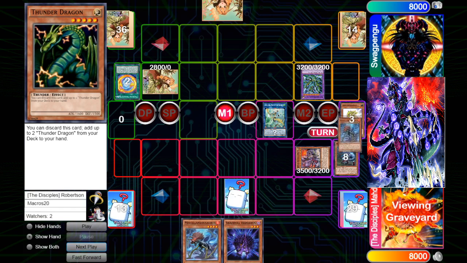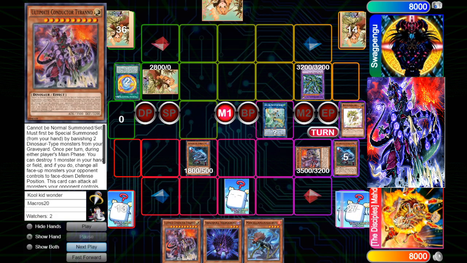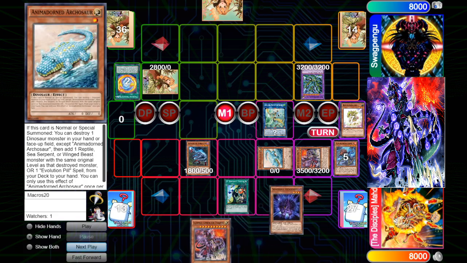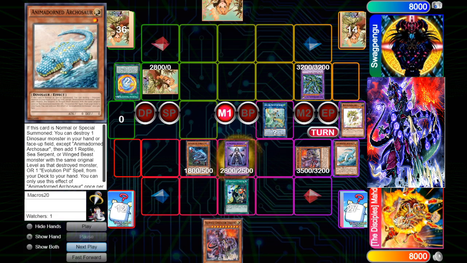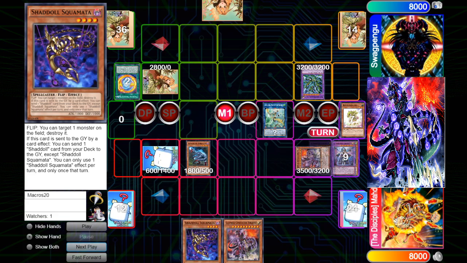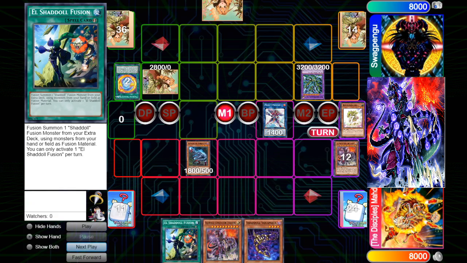So I start the turn by discarding Miscellaneousaurus. Start the turn by using Miscellaneousaurus in the grave, to add another Conductor. We normal summon this Miscellaneousaurus, get back the Archosaur, and this is where it being a light comes into play, where we can now Shaddol into Construct and get access into our Shaddol fusion plays. So here I add a Squamata, send a Wendy, set the Falco, and then we start doing some link plays here. Making the Proxy F Magician, adding back the El Shaddol, and now using Proxy F Magician to summon Construct